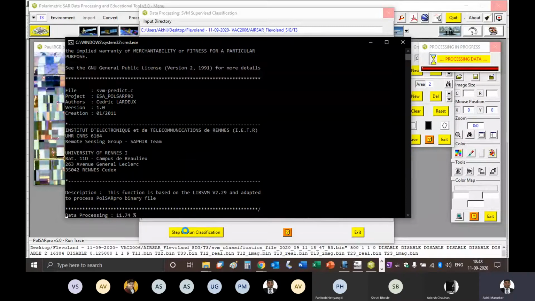You can unmute and ask. So you can see with just a 7 MB image, it takes so much of time. So if the image is like 3 GBs, how much time would it take? It will take a huge amount of time.